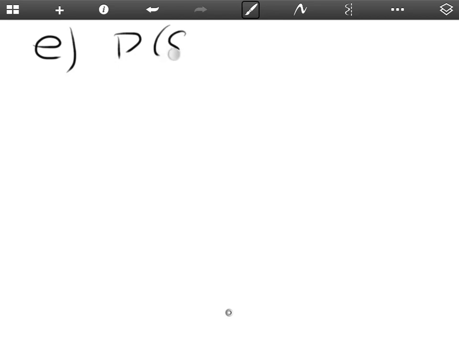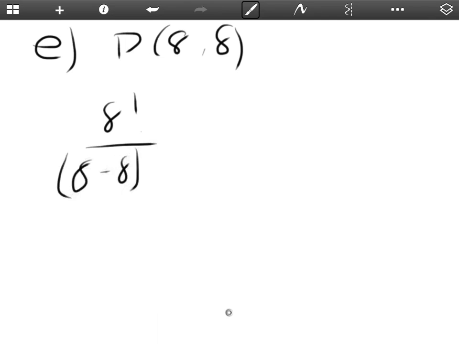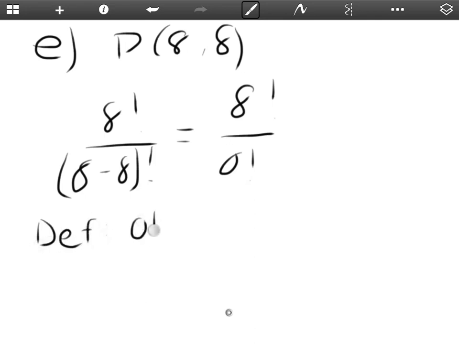Let's do part E. P of 8, 8. Right, and so what are you going to do for this? Well, you're just going to do 8 factorial over 8 minus 8 factorial. And there's a little definition in math that says that 0 factorial is equal to 1. So this, if 0 factorial is equal to 1, this is just 8 factorial over 1. And 8 factorial